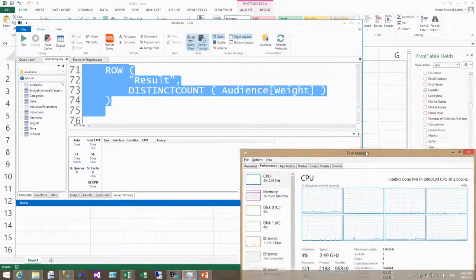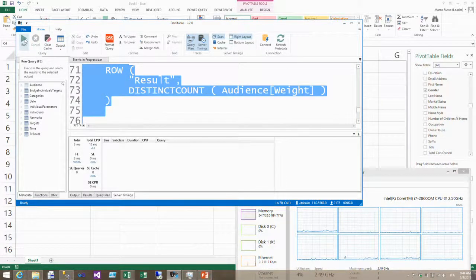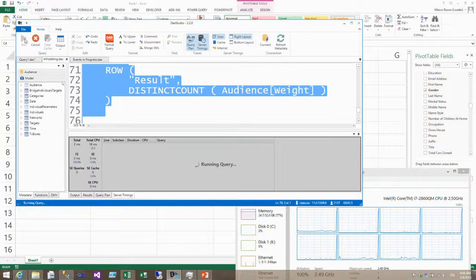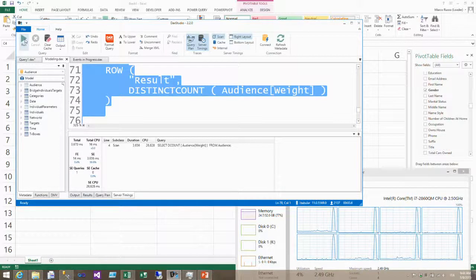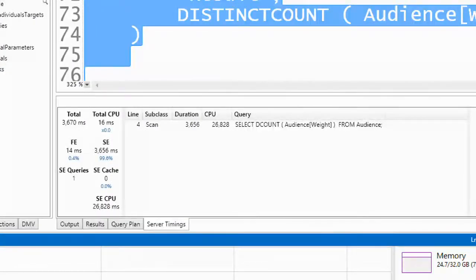I want to show you, with the task manager open, what happens when I run this query. So I cleared the cache before, because of course I want to run this query with a cold cache, and clear cache is just a button in DAX Studio. When I run this query, I can see that all my CPUs go to 100%. Scalability, many users think about this. And I can see here a few useful pieces of information. For example, I can see here that I waited for almost 4 seconds. But in reality, I spent 27 seconds of CPU because the query used all the cores.